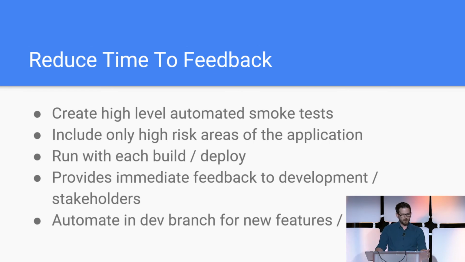And so by doing all this, you reduce your time to feedback. It's a constant loop of feedback. You have your high-level automated smoke tests. You focus your efforts on really high-risk areas of the application and make sure you're automating appropriately. So like I said, you don't want automated tests that verify something is necessarily the correct color. That's very subjective and easily breakable, but it doesn't really have a high risk as far as impacting your users